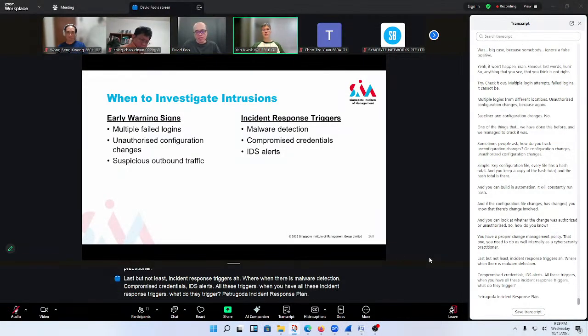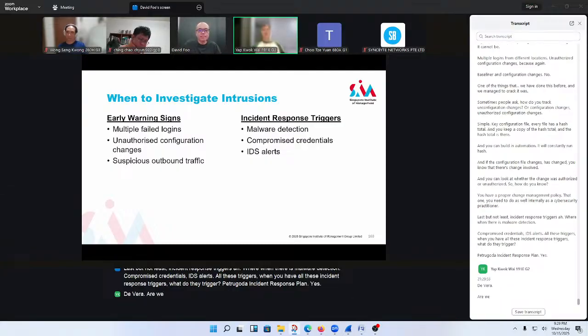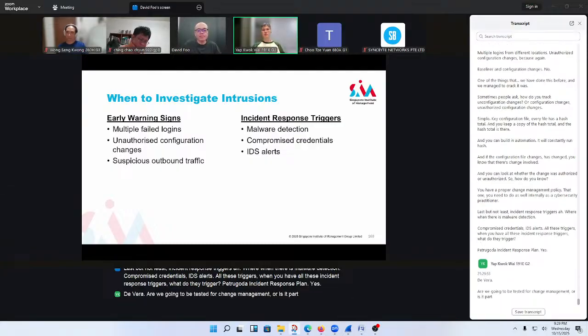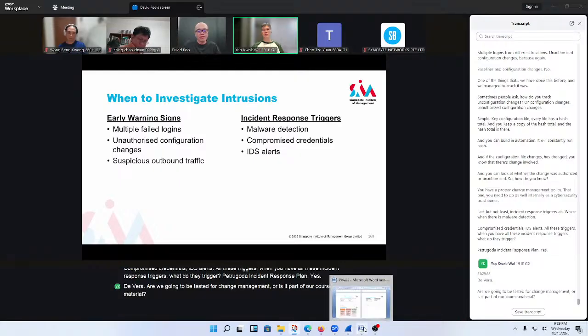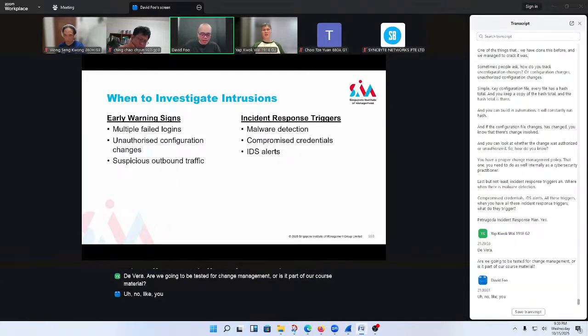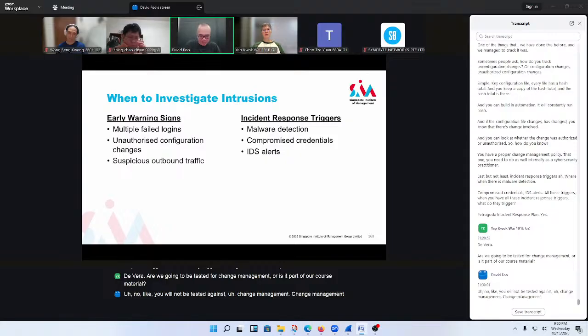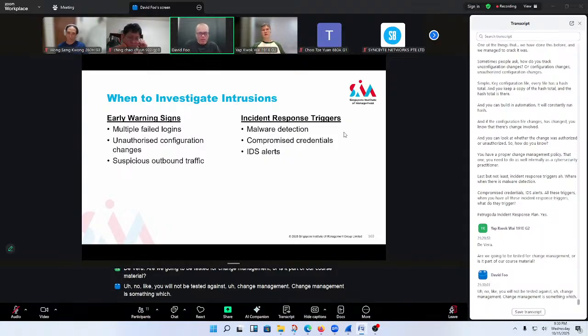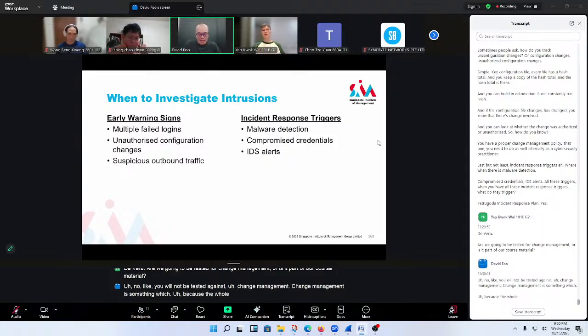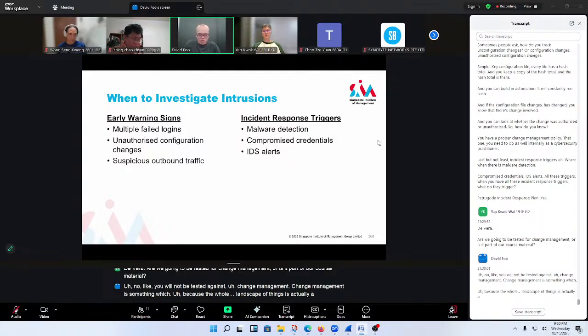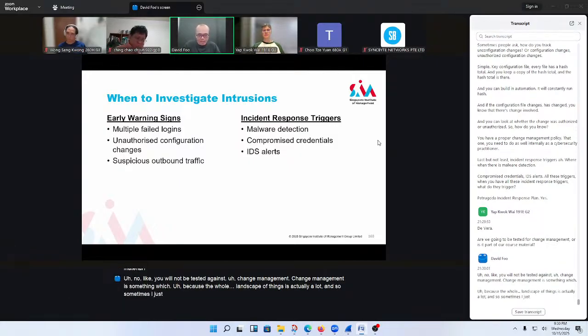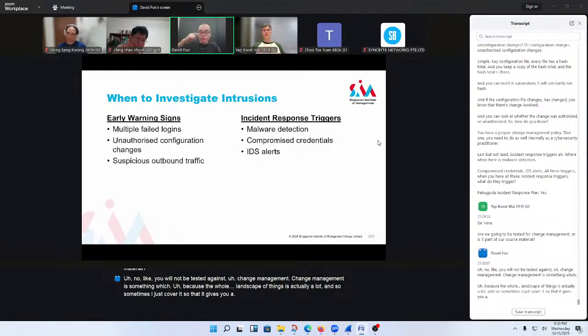David: Yes, are we going to be tested for change management, or is it part of our course material? No, you will not be tested against change management. Change management is something which, because the whole landscape of things is actually a lot, sometimes I just cover it so that you pen it down and look for it later on.